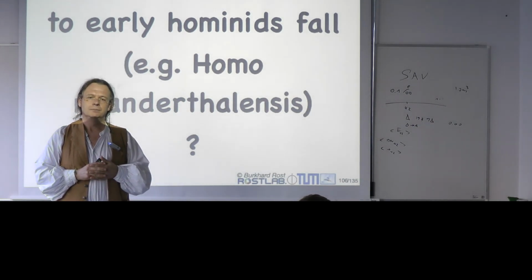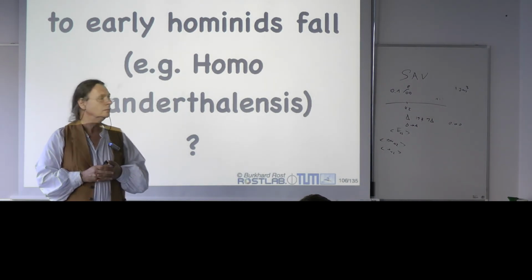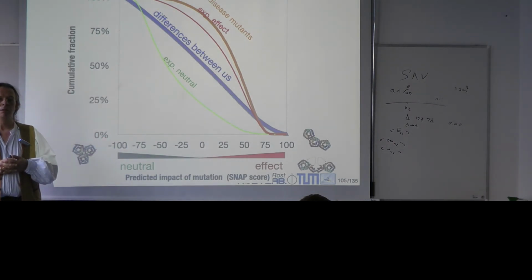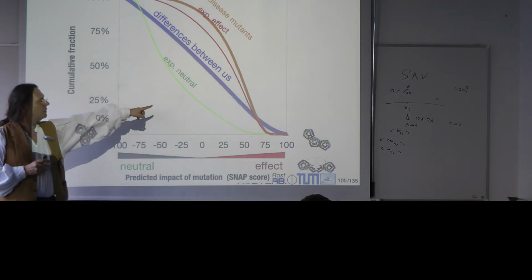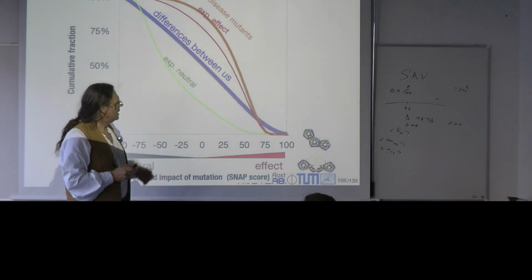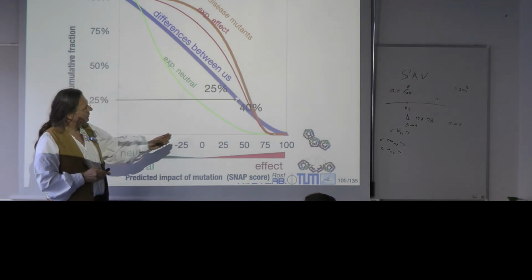So what I don't understand about drawing this purple line is, there are two things. There's the difference between me and my neighbor, and then there's the difference between a mutation that has an effect versus one that doesn't. No, the purple line is only you and your neighbor, right? And what I'm saying is that if I look